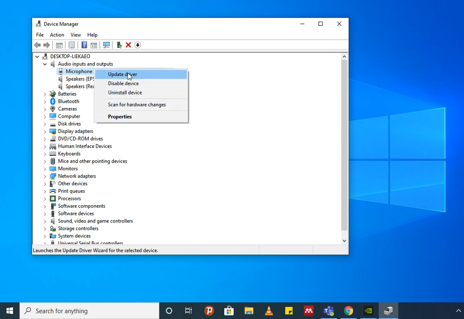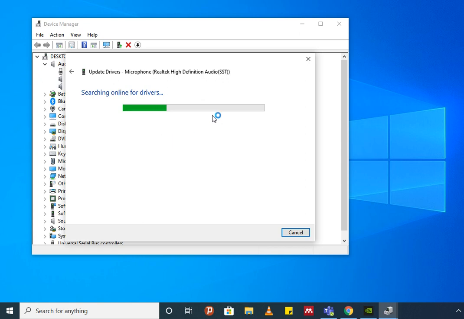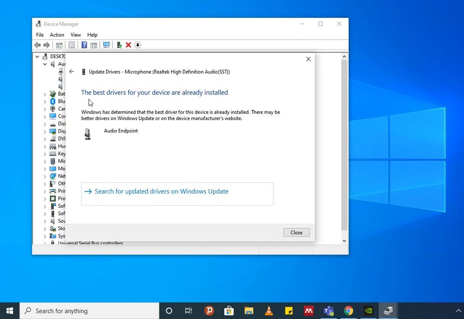To update, which is pretty common, we click update driver, and the options are here: search automatically, which checks if there is an update for the driver, and browse my computer for driver software. The first one, search automatically, will show us a link if there is an update. It cross checks, and it finished: the best drivers for your device are already installed. The audio endpoint is the installed